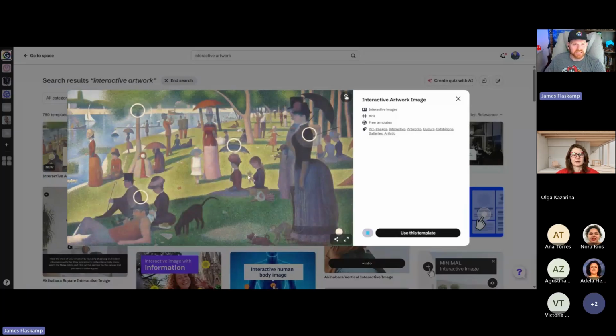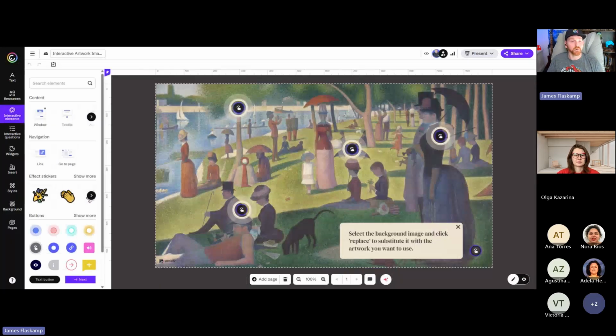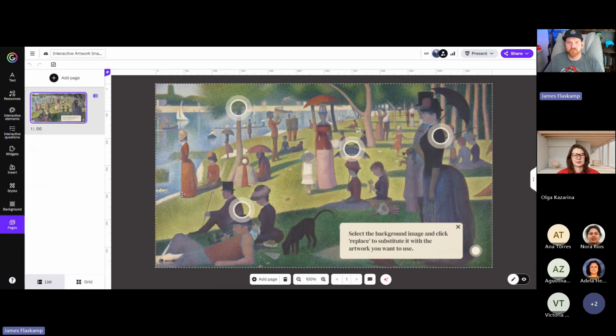And so what I'll do is take this template and hit the button to say use this template. Now it brings that template over into my Genially editor. And so here's where all of the magic happens. The Genially editor is the place where you do all of your creating. And if you're familiar with Google Slides or PowerPoint or really any other slide creation tool, Genially's editor is a very similar look, a very similar interface to that. So it should hopefully feel a little bit familiar, even if you've never used the tool before.